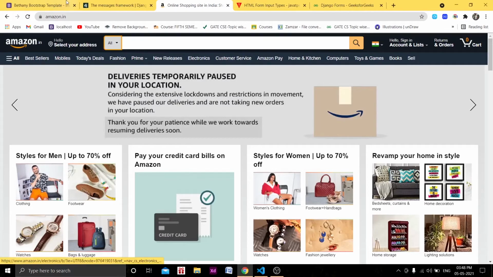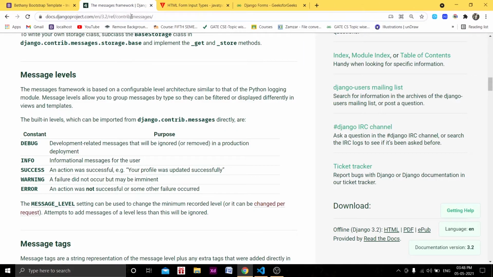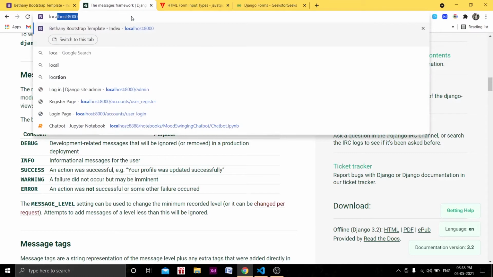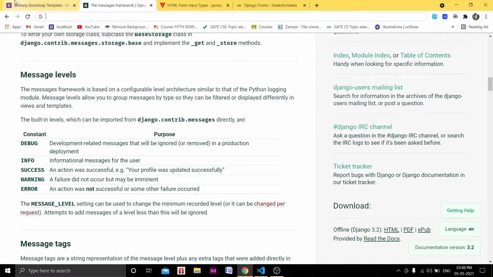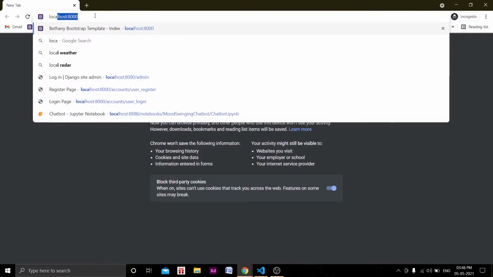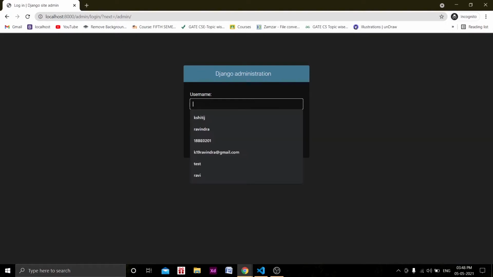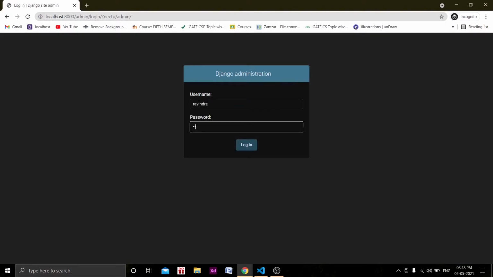So let's hit refresh, and just close this one. And here, localhost. Let's open that in private mode, so that we will not conflict between the admin user and the test user that we were testing. Okay, so localhost admin, right? Let's log in with the admin account.